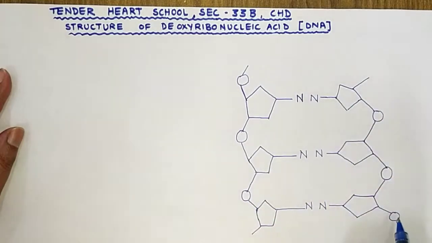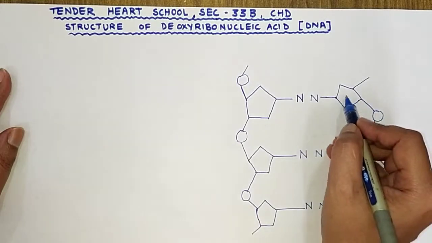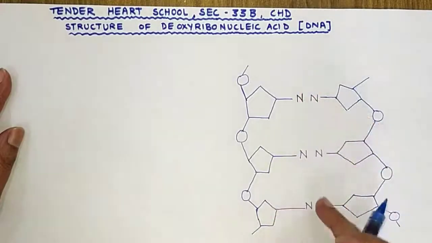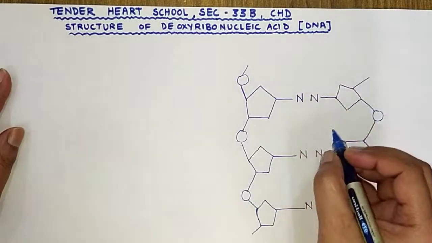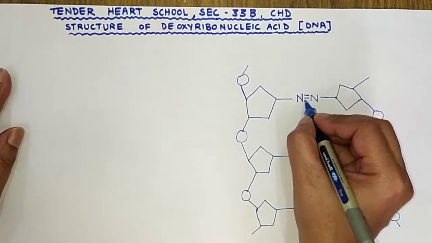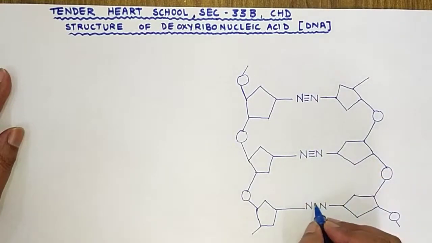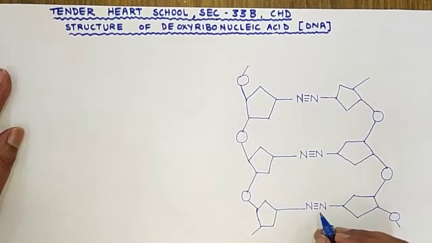Similarly the second strand: phosphate, pentose sugar, nitrogen base. Now these 2 strands with their nitrogen bases are attached with the help of weak hydrogen bonds. They are joined with the help of weak hydrogen bonds. Weak hydrogen bonds are present between the two nitrogen bases. You can see these are the hydrogen bonds shown. So hydrogen bonds are the weak bonds which are present between the two nitrogen bases of the two strands of